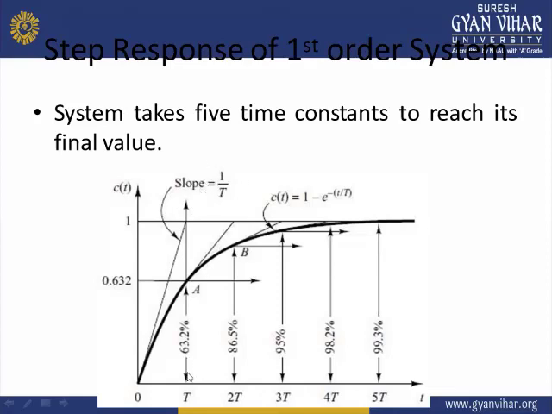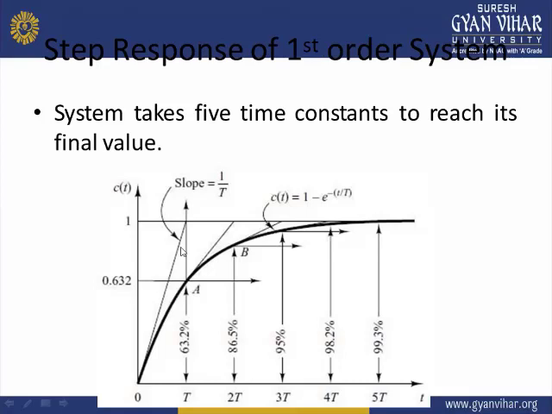So in this case, you can see when we are taking the slope of 1 by T, the time constant of T, we are getting a response at 63.2%, and the error is large. You can see the error is large. This is the remaining portion, the remaining point. How much is remaining? It is remaining by around 0.37. That is, 37% is the error in this case.